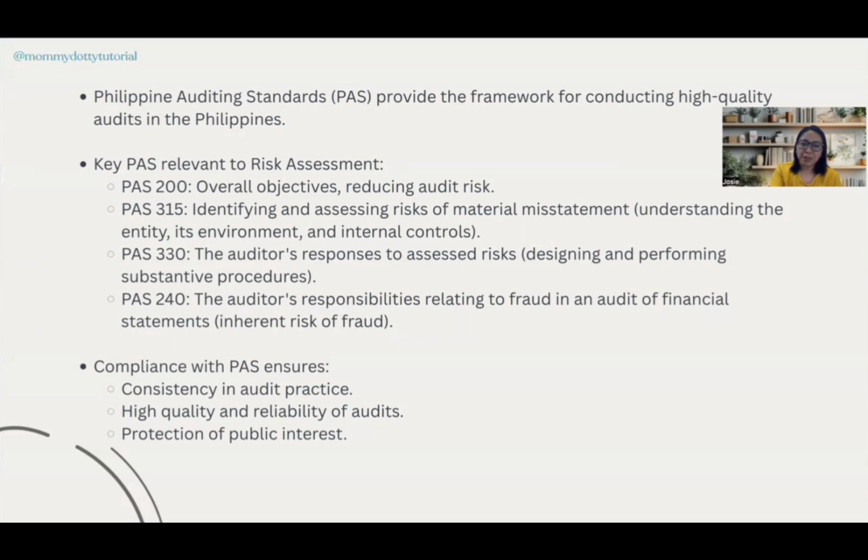that are paramount. PAS 200 sets out the overall objective of an auditor, including the need to reduce the audit risk. PAS 315 is critical for identifying and assessing the risk of material misstatement by requiring auditors to gain a deep understanding of the entity, its environment, and its internal controls. PAS 330 then dictates how we as auditors respond to those assessed risks by designing and performing our audit procedures. And even PAS 240, which deals with fraud, recognizes that fraud introduces an inherent risk of material misstatement that